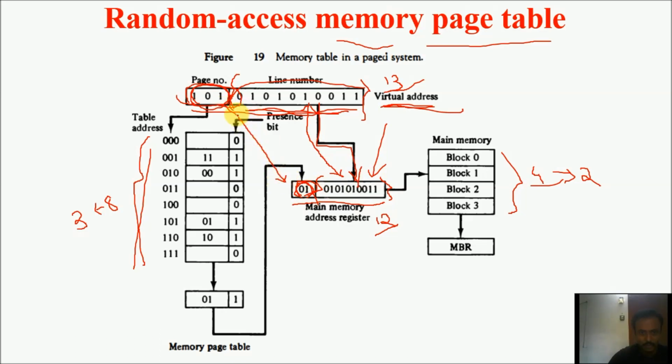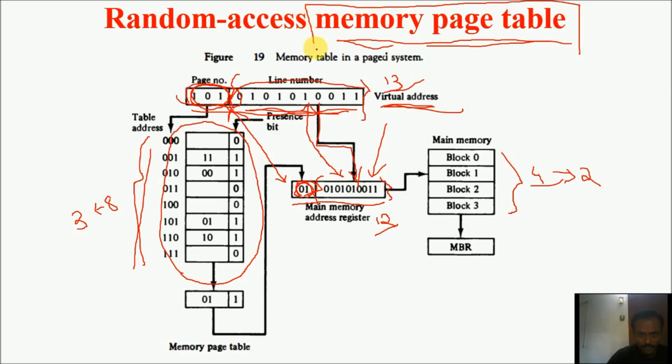So for this conversion, a mapping technique will be required. And that mapping technique is done through this memory table. This kind of memory table is called a page table. So this is a table. Obviously, this will require some memory to store this table. So that's why this memory, the page table, requires some space.